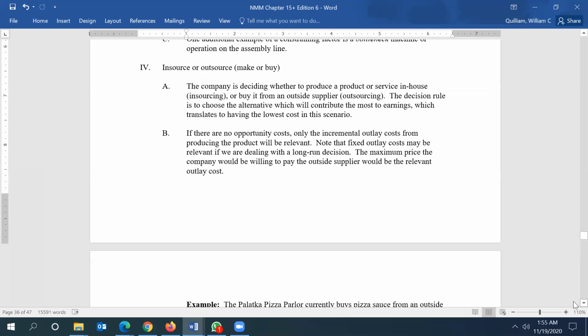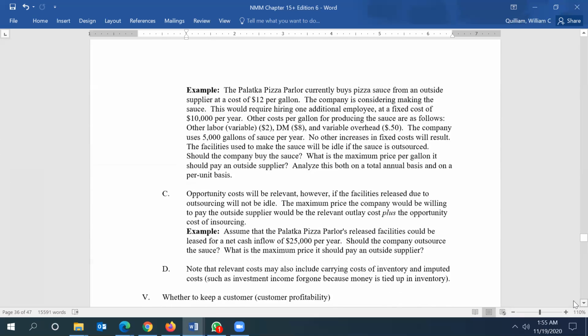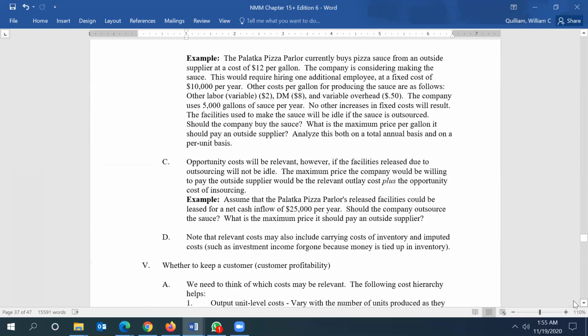The maximum price the company would be willing to pay the outside supplier would be the relevant outlay cost. Again, I will show you. So here's an example of we went to the small city of Palatka up in North Florida and go to